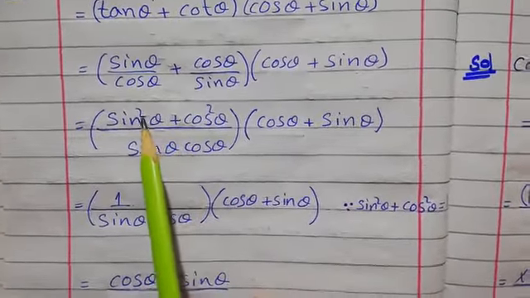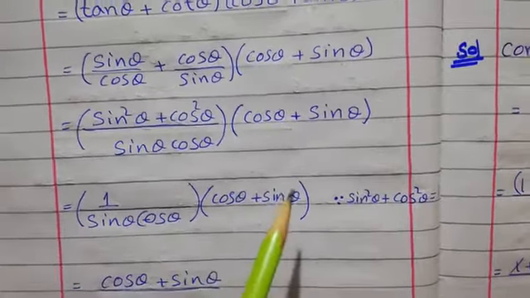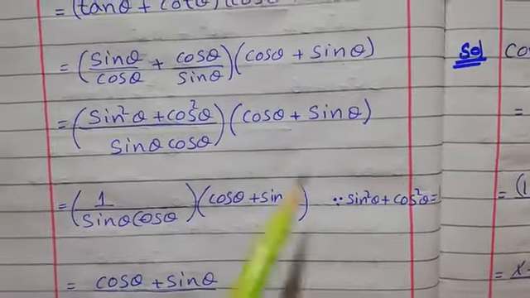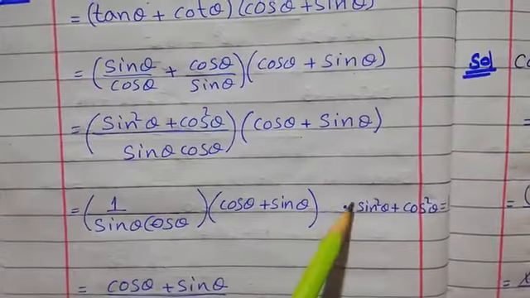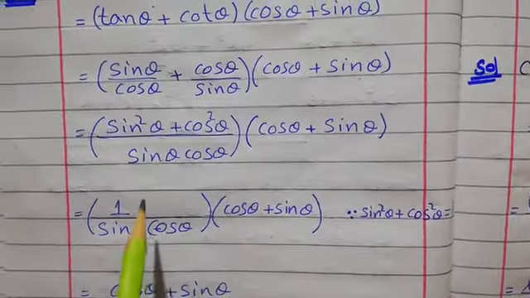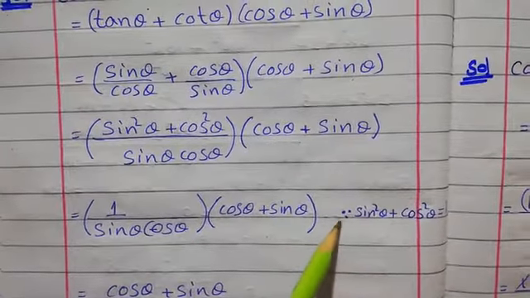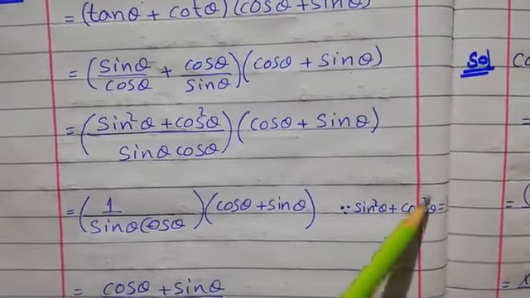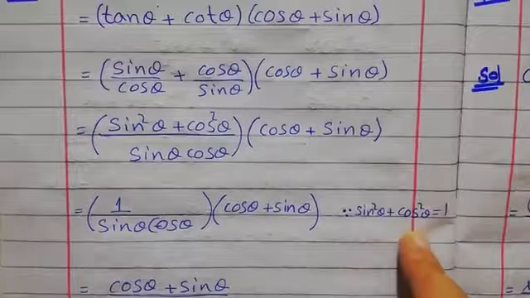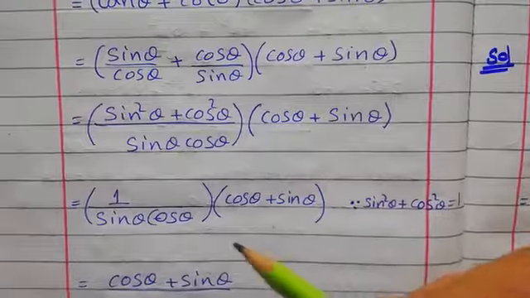You can see that this is the identity, sin square theta plus cos square theta, the first identity. And I have told you that it is compulsory, it is mandatory for us that whenever we use any identity, we will give the reference of the actual identity. So when we put sin square theta plus cos square theta equals to 1, then it is mandatory that we give the reference in this form: sin square theta plus cos square theta, which is equals to 1. Okay, dear students. And after giving the reference, we will put 1 by the other values as it is.